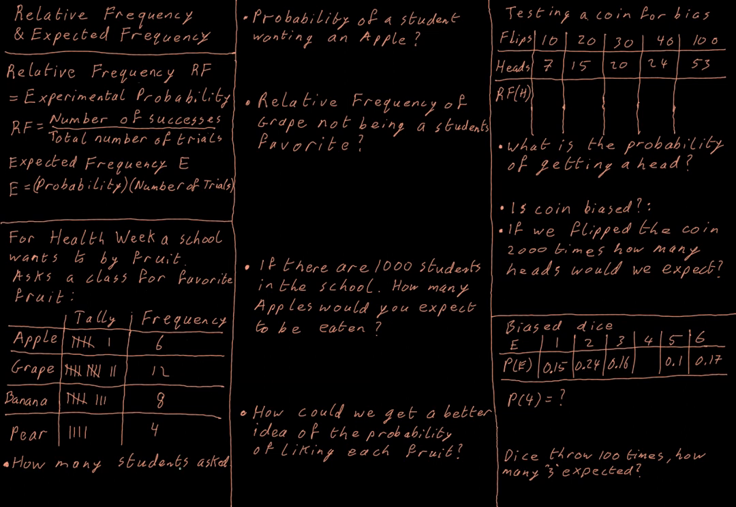So an obvious question then might be, how many students were asked? How many students got given this survey of their favorite fruit? Well, 6 of them liked apples, 12 of them liked grapes, 8 of them liked bananas, and 4 of them liked pears. Assuming that everybody who was asked answered, that means that if we had 6 plus 12 plus 8 plus 4 people. So if we add up the frequencies, we have to get the total number of people who were asked. When we add all of them up, we get a total of 30 people or 30 students who